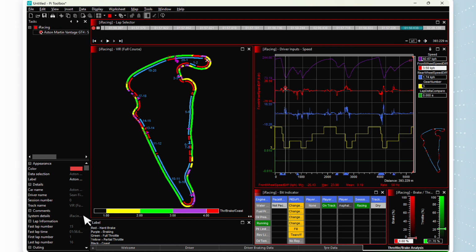They've created a math channel for you. It's a really common one. Again, I think they did it actually a little better than the way I've traditionally done it. What you've got is effectively coasting is in black, some throttle is in yellow, full throttle is in green, some braking's in purple, heavy braking's in red. So a good way to see like, okay,